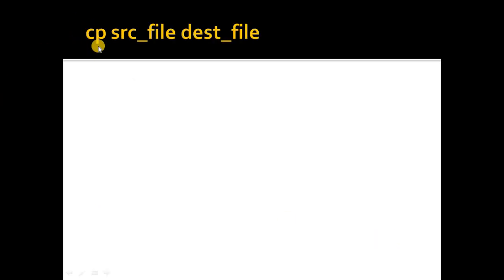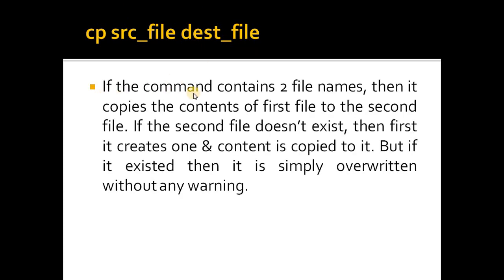First, copy source file, destination file. So the contents of this file will get copied into this file. If the command contains two file names, then it copies the contents of the first file to the second file. If the second file does not exist, then first it creates one and the contents are copied to it. But if it existed, then it is simply overwritten without any warning. So we can see an example over here: